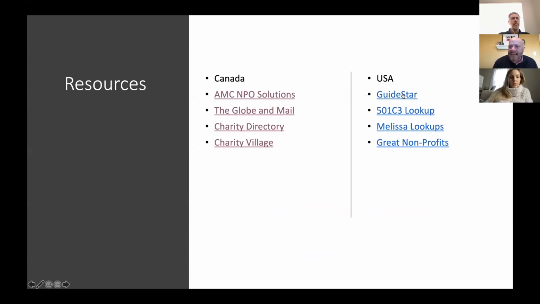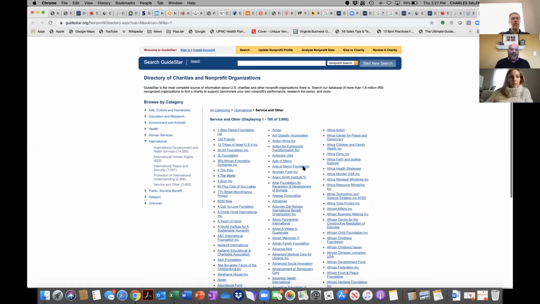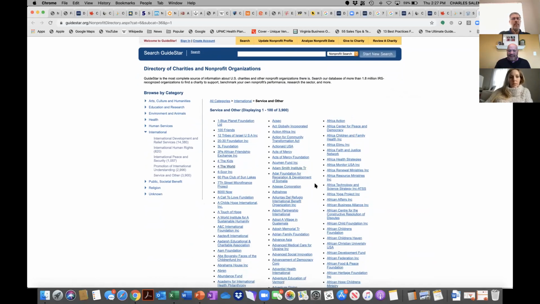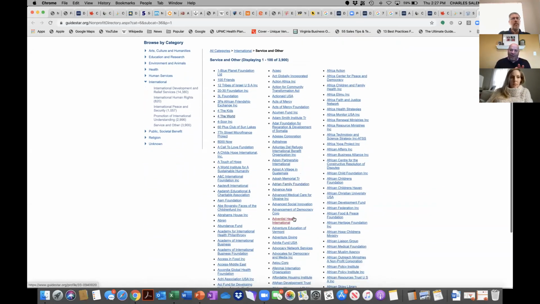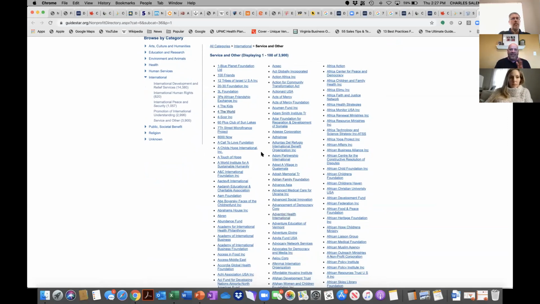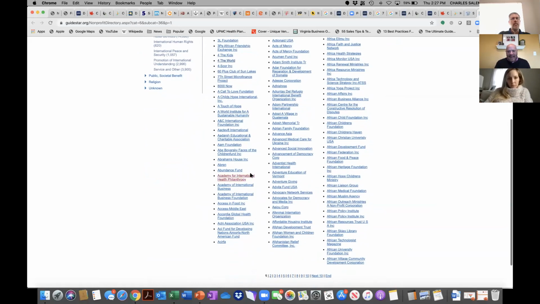In the US, there was GuideStar. GuideStar, again, similar to what I just showed you with Charity Village, has a whole list of different association categories. And then you can drill it down to international, you can drill it down to US only, you can drill it down by states, and then you can click through and you can see